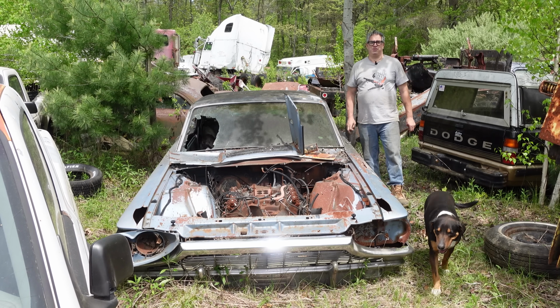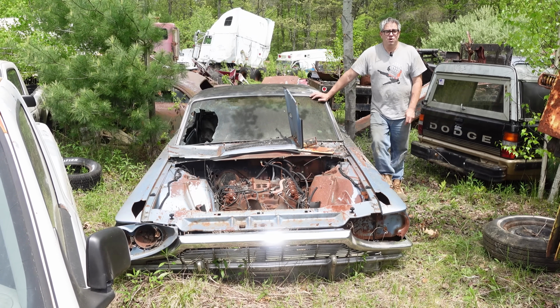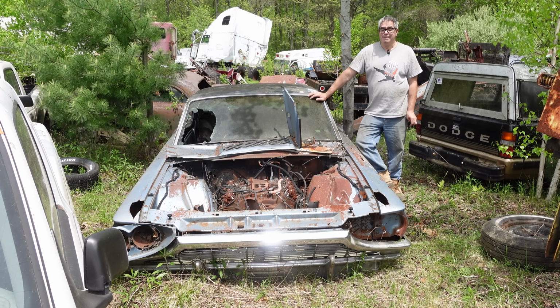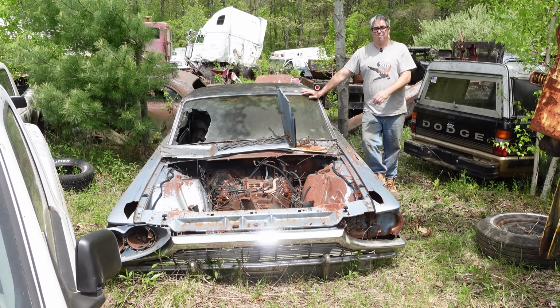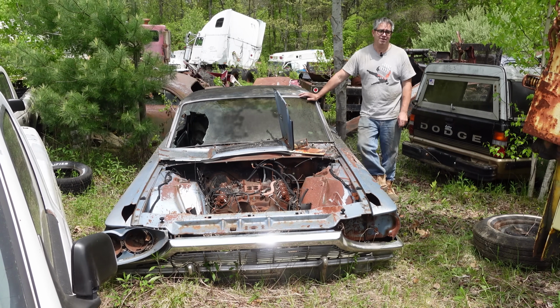Hey, Stephen on here doing the junkyard crawl at Bernardston Auto Wrecking in Bernardston, Massachusetts with a 1965 Ford Thunderbird hardtop. Now, 1965, this was the most expensive Ford you could get, and the only one priced over $4,000 in base trim. In fact, this was